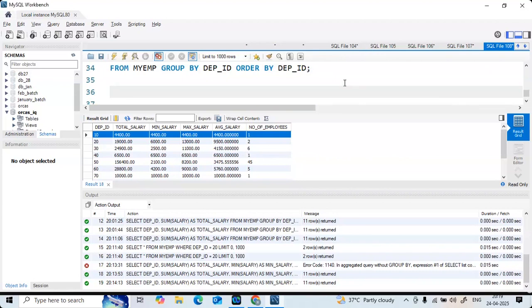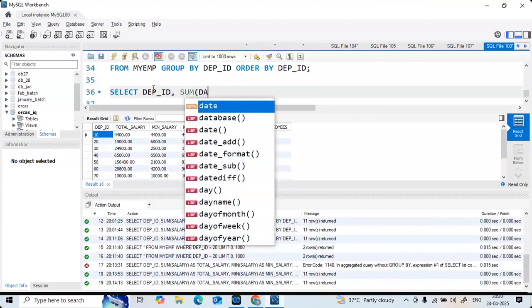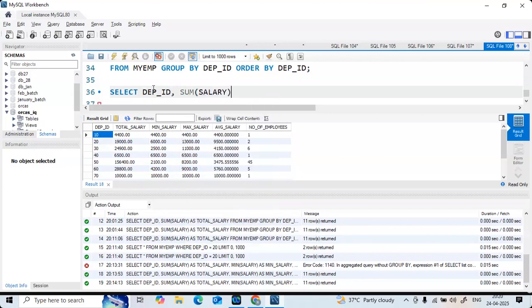Okay. So the first thing, data set is there again. The first thing, the requirement is I want top 3 departments, not based on department sorting, but based on highest total salary from that particular department. So syntax: select, first you'll go with department ID and you'll go with some aggregate function obviously, sum of salary as